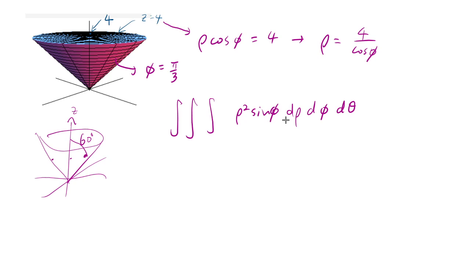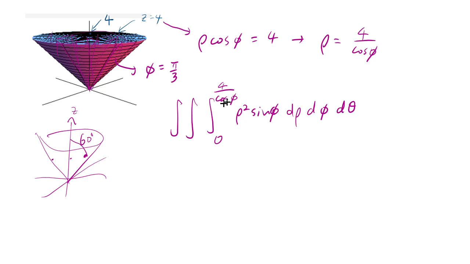And having d rho means you're trying to paint this region in the radial direction where the beginning point is the origin. Okay, so it's going like that, and you see that you always start at 0 for rho because you start at the origin, but you stop the moment when you hit this top plane, which is z equals 4, or rho equals 4 over cosine phi. So that's why you need to put